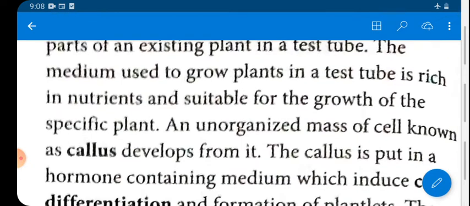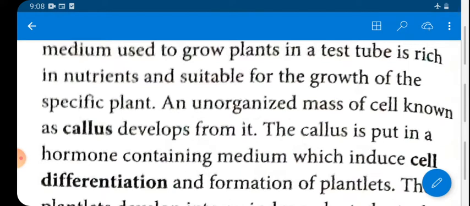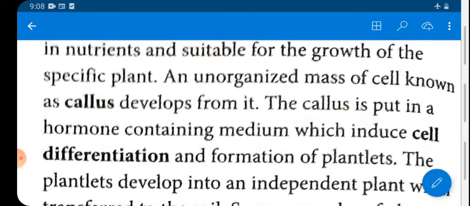ये nutrients से rich होता है and suitable for growth of the specific plant. और किसी प्लांट के ग्रो करने के लिए वो माध्यम बहुत सुटेबल होता है. तो ऐसा माध्यम टेस्ट ट्यूब में रखा जाता है. After some time an unorganized mass of cells known as callus develops from it. उस समय बाद कुछ उस हिस्से से कैलस बन जाती है, कुछ सेल्स ग्रो करती हैं और कैलस बन जाता